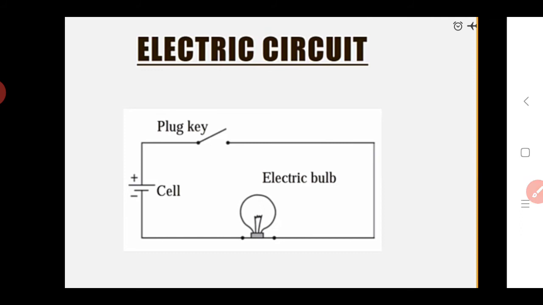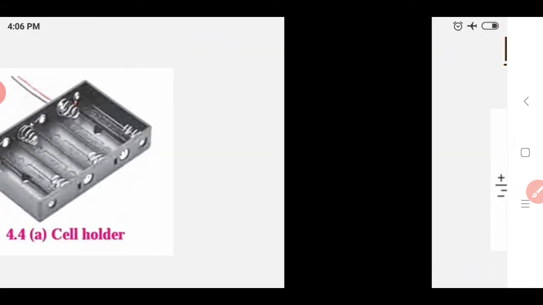So if we define the electric circuit, what is the electric circuit? Here, if we see, all the electric components are connected to one another, then they form a circuit. This circuit is called an electric circuit. Again I repeat, such a type of connection in which electric components are connected to one another is called an electric circuit. As we see in this image, this is also an electric circuit.